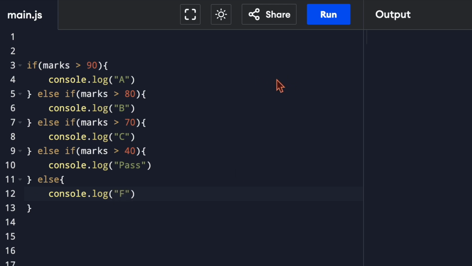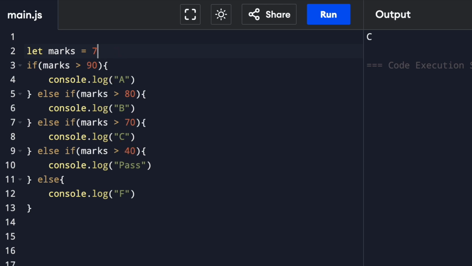Let's define our marks variable and now print it for different values. Let's say marks equals 95. In this case, we should fall under the first if and A is printed. Now, for marks equal to 90, our first case is not satisfied and the second case is checked, and the second case is satisfied, so B is printed. Now, for marks equals 75, the third case is satisfied and C is printed.